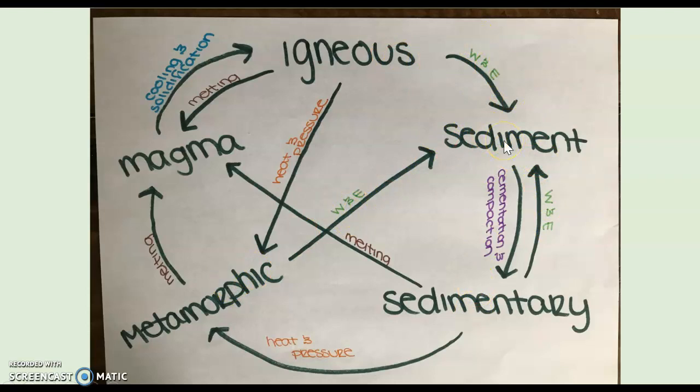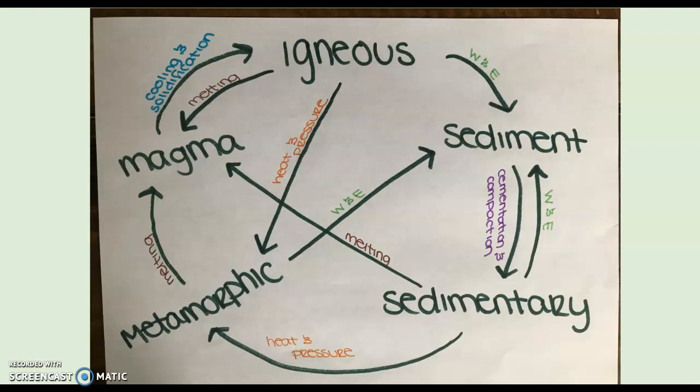So here you can see that an igneous rock can turn into magma, and then that magma can turn back into an igneous rock, which is fine. Sediment can turn into a sedimentary rock, and then that sedimentary rock can turn right back into sediment. So as you can see, it can kind of go all over the place, but really all you have to